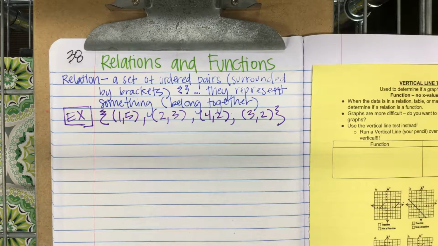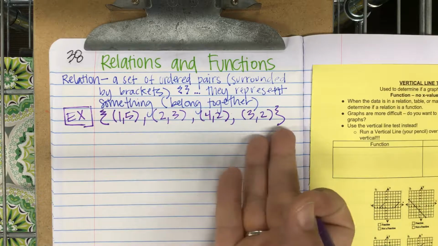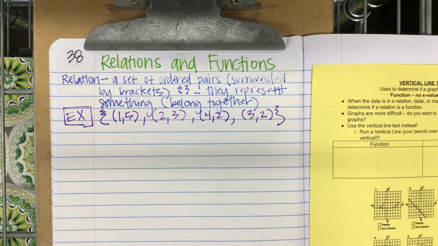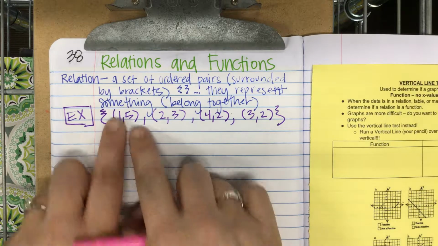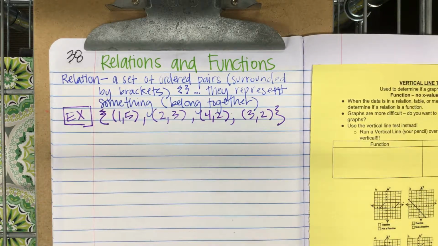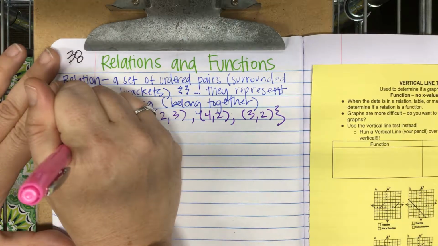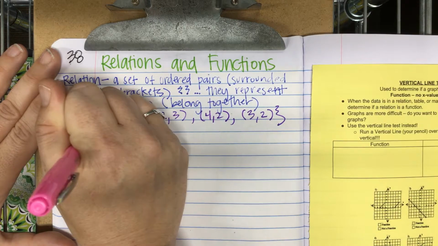This is a relation. If I said, hey guys, here's a relation, you'd be like, oh, okay. It's a set of ordered pairs that belongs together. How do I know they belong together? They're inside the brackets. And if I said, could you take this relation, set of ordered pairs, and put it into a table? You'd be like, yeah, I think I could, Mrs. Long. So we could put it into a table